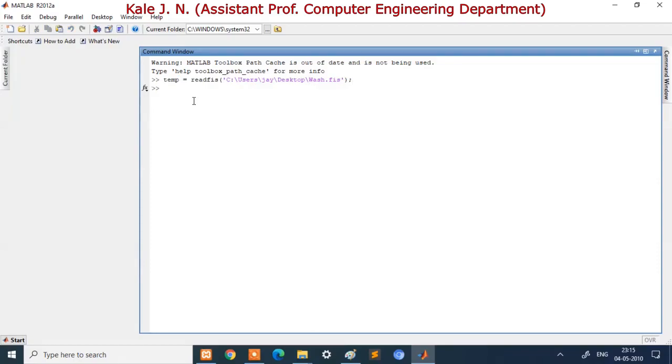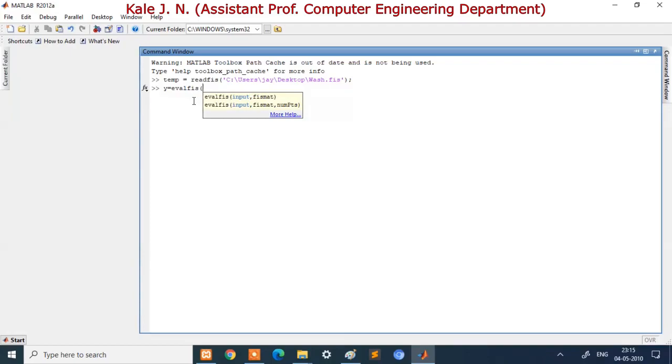Then the second command will be like this. y is equal to evalfis, in brackets. Our fuzzy logic controller is taking one parameter as an input. Which is that input parameter? Yes, dirt. And we are measuring dirt in terms of percentage.